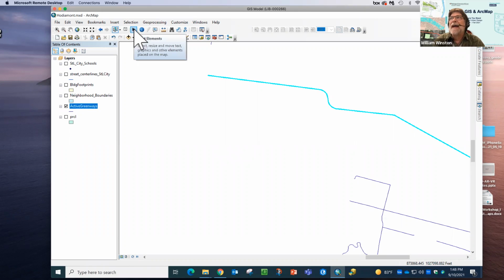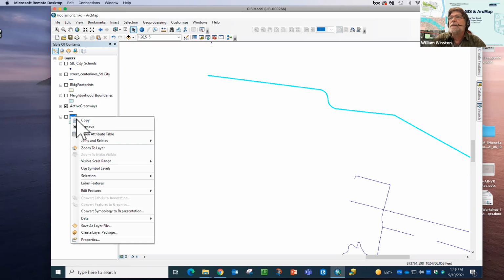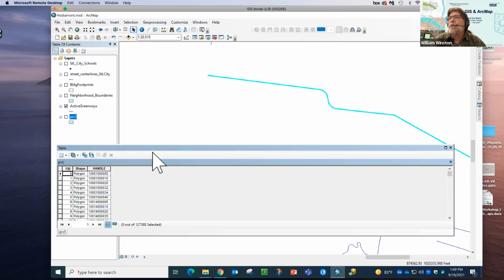I'm going to go back and activate my Select Elements tool, which is kind of my default tool. And then I'm going to pull up one more attribute table. So let's pull up the parcel layer. I'm going to open the attribute table there. And there's just one other thing I wanted to point out about attribute tables. The table itself contains all of that attribute information. At the bottom of the table window, though, you can see 0 out of